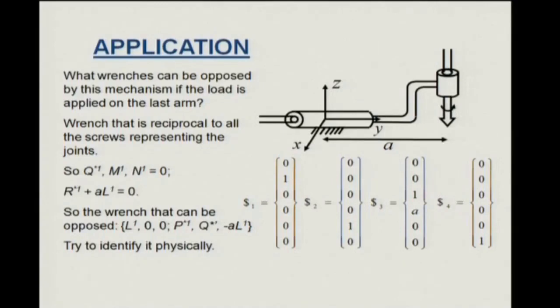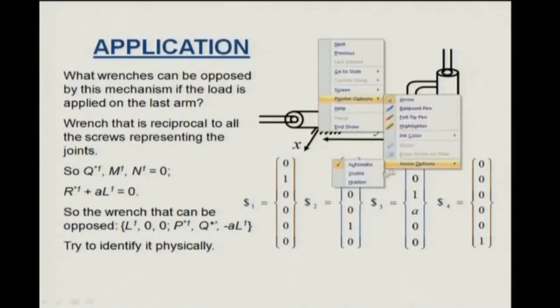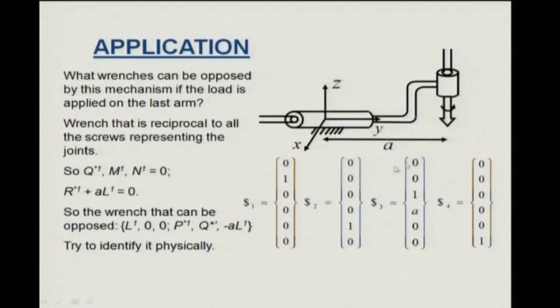So if you essentially hold this end of it and you push it along the x and y directions, it will move, but if you pull it along the x direction,